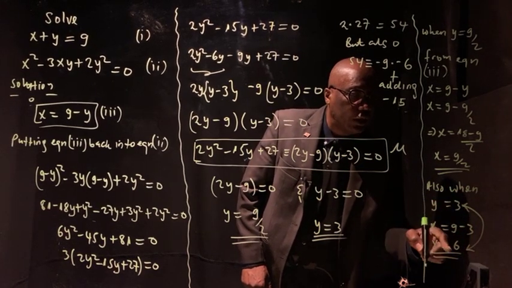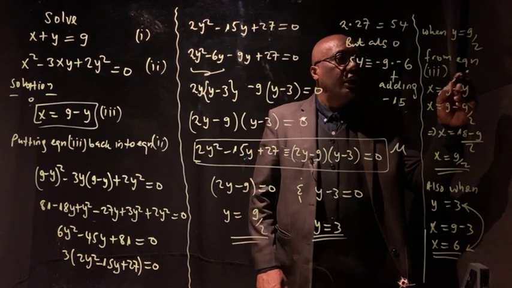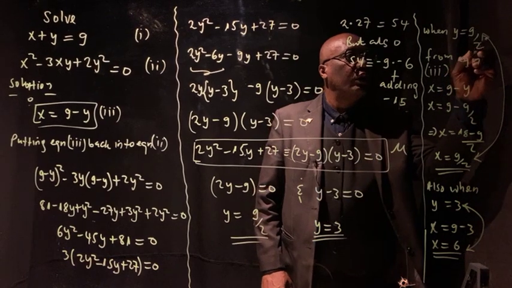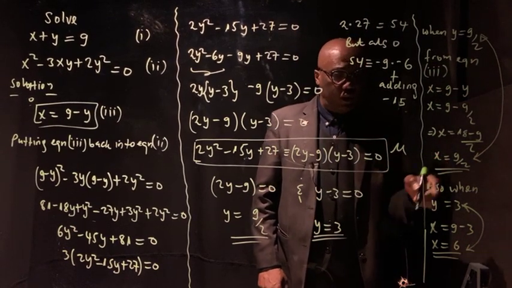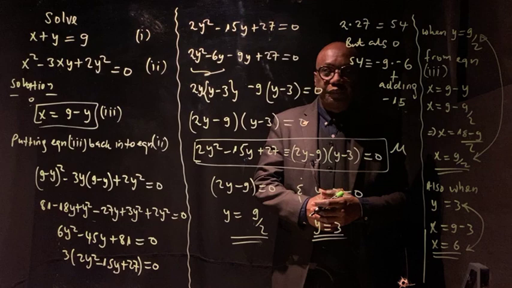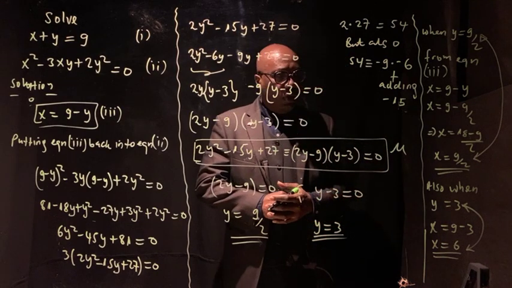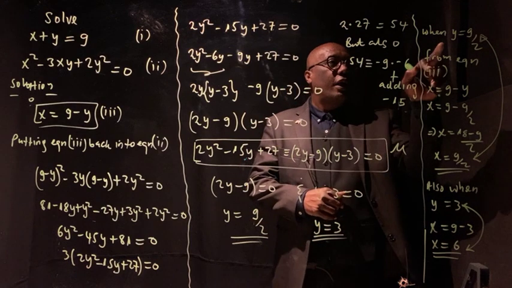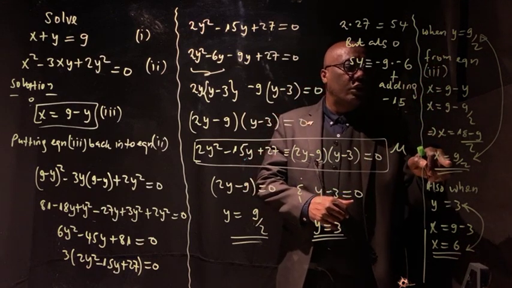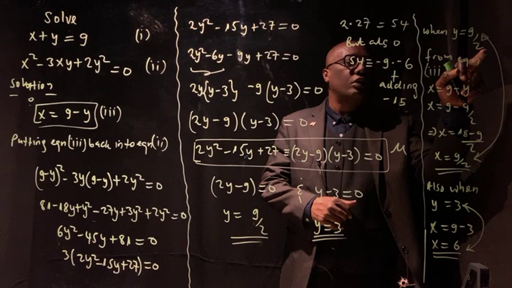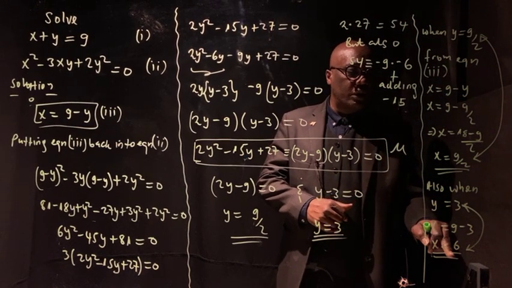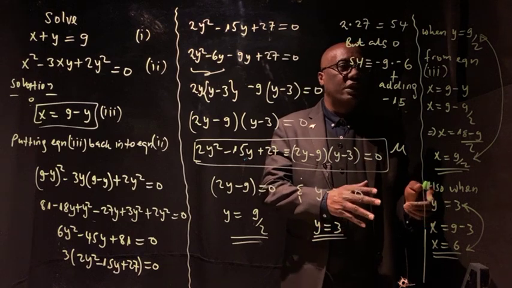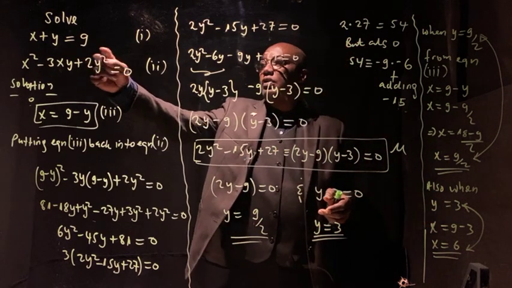When y equals 3, x equals 6. And when y equals 9 over 2, x equals 9 over 2. So the coordinates of the point of intersection are when x equals 9 over 2, y equals 9 over 2. When x equals 6, y equals 3. These are the two points where this equation